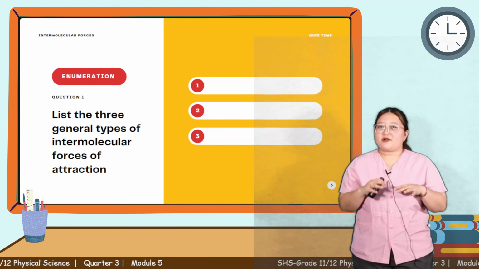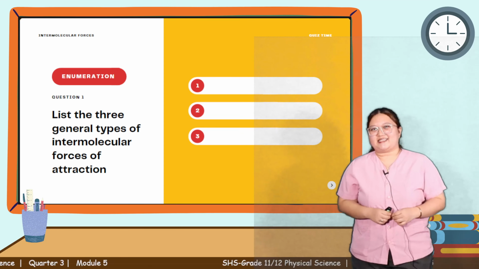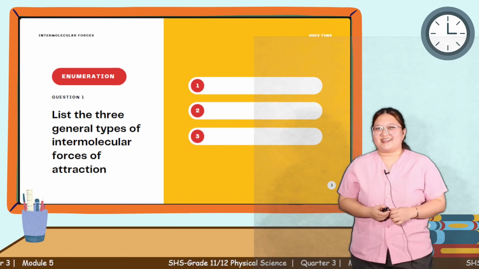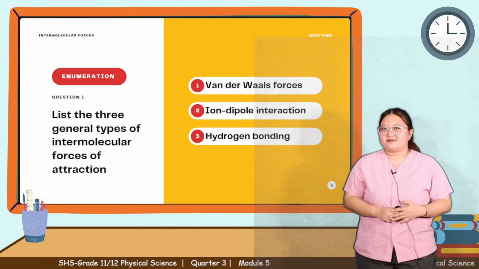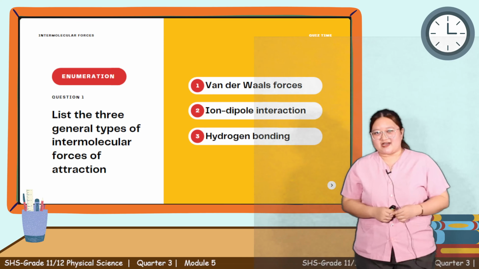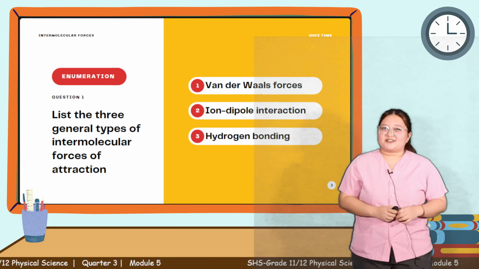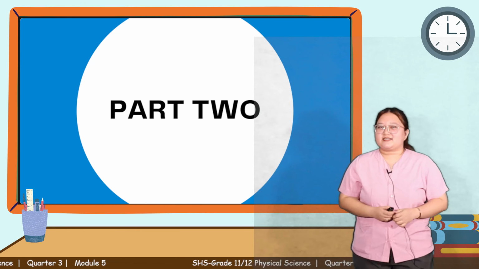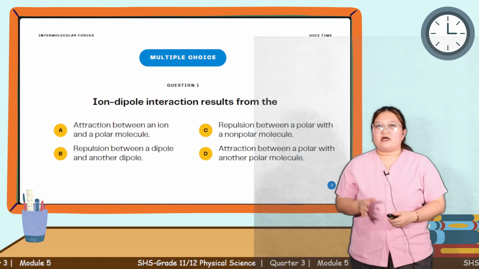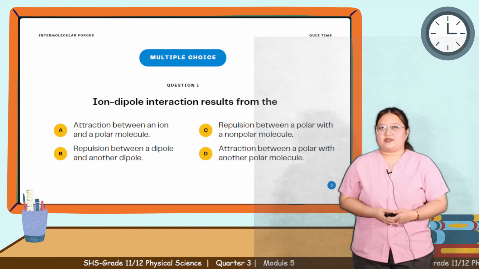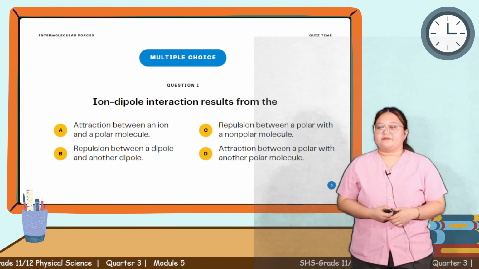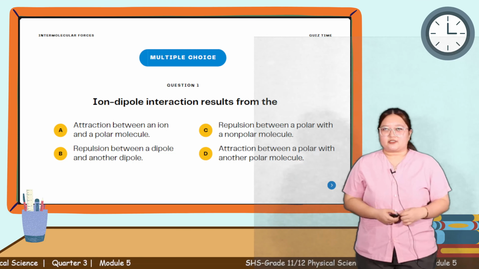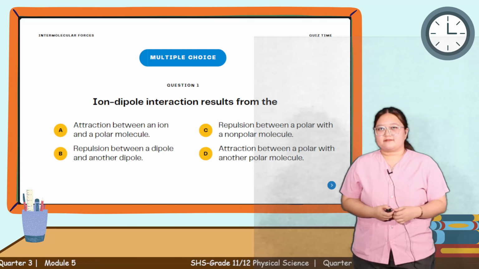You can also comment your answers on the comment section. Of course, we have, number 1, the van der Waals forces, 2, the ion-dipole interaction, and 3, hydrogen bonding. Very good. Next, for part 2, let's have a 5-item multiple choice. For the first one, please complete this statement. Ion-dipole interaction results from the